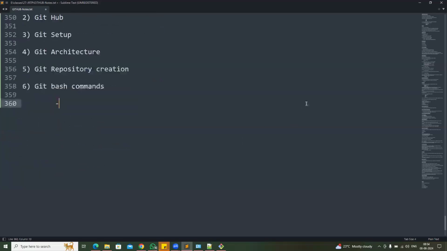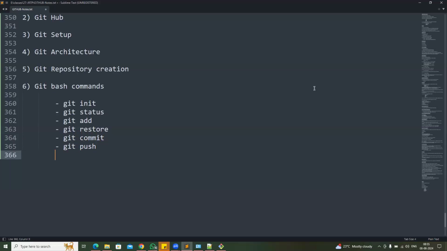The commands we discussed here: git init, git status, git add, git restore, git commit, git push command. And we discussed git clone command, and checkout, git pull command, git fetch command,